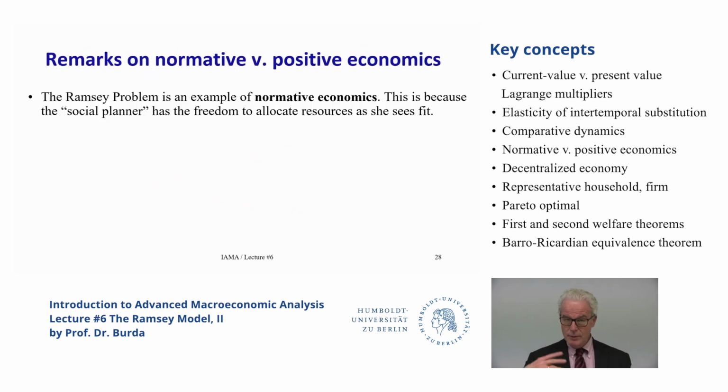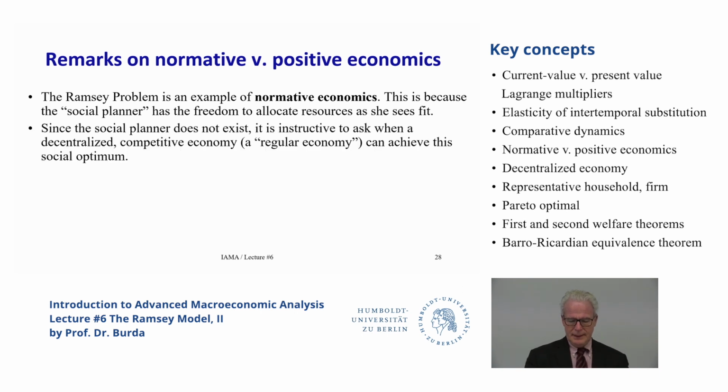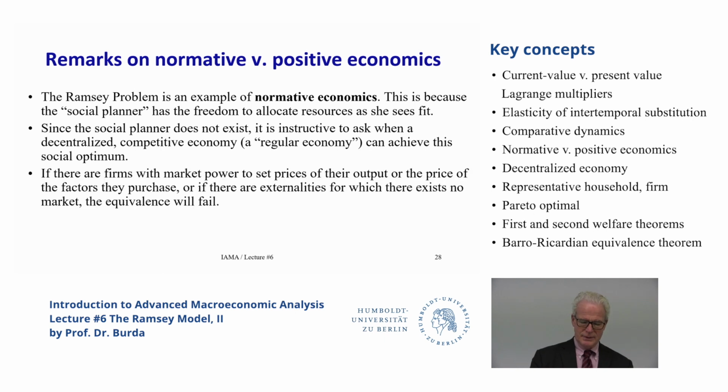Okay, so now as I move to the next and last part of this lecture, I'm going to talk about the discussion of what it means to do the right thing. Ramsey is basically, as a social planner, choosing the optimum optimorum, but the social planner has the freedom to do this. The social planner can choose any plan. Since the social planner doesn't exist, this is really just a fictitious object that we're using as a benchmark to compare the activities of a decentralized economy and whether a decentralized economy under idealized conditions could ever attain this social